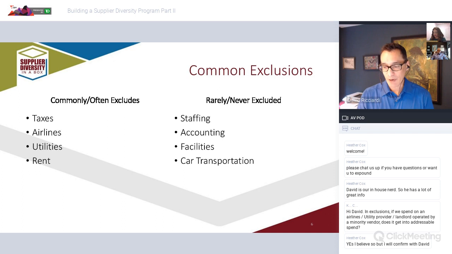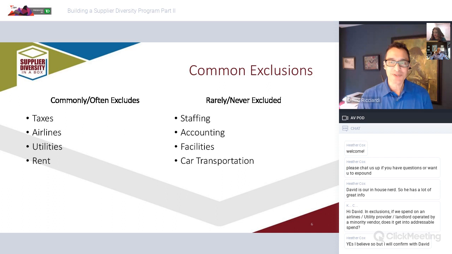And I believe one of the key words there is appropriate. So, using the example, let's use landlord, because I was just about ready to get to that one. Let's say you're a large company and you've got a need for 50,000 square feet of space. That's not even that much. Let's say 500,000 square feet. And you're in a particular city. That's where your headquarters is. There may be diverse landlords around that you could acquire from, but if none of them have 500,000 square feet, you really don't have a diverse option.